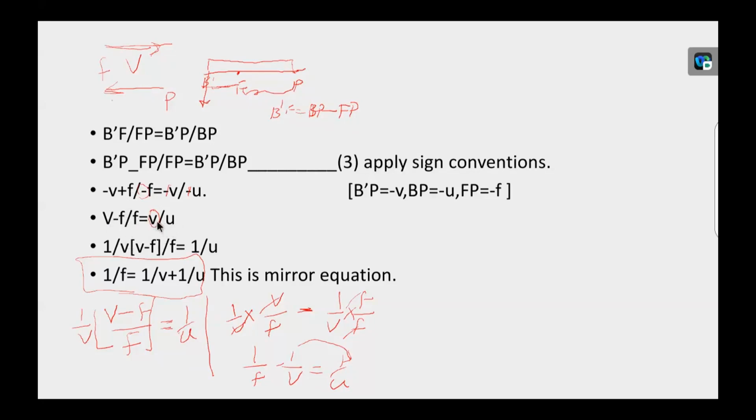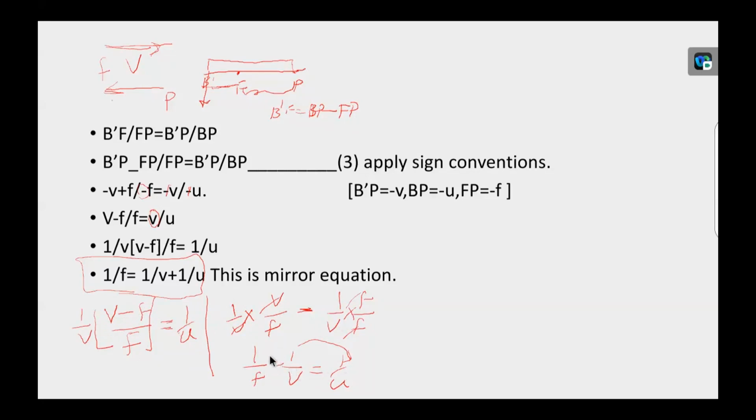Now bring this v which is present in RHS to LHS. It is numerator v. If it comes to LHS, opposite to numerator is denominator. So 1 by v into (v minus f) by f equal to 1 by u. Now multiply the whole term with 1 by v. What did we get? The first term is v by f, minus the second term f by f, also multiplied with 1 by v. In the first term v gets cancelled. In the second term f gets cancelled. Therefore, we have got 1 by f minus 1 by v equal to 1 by u.